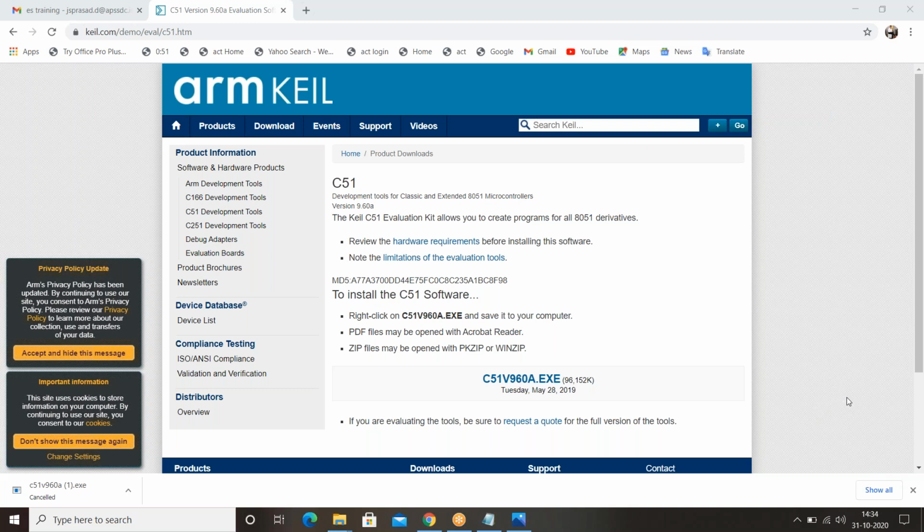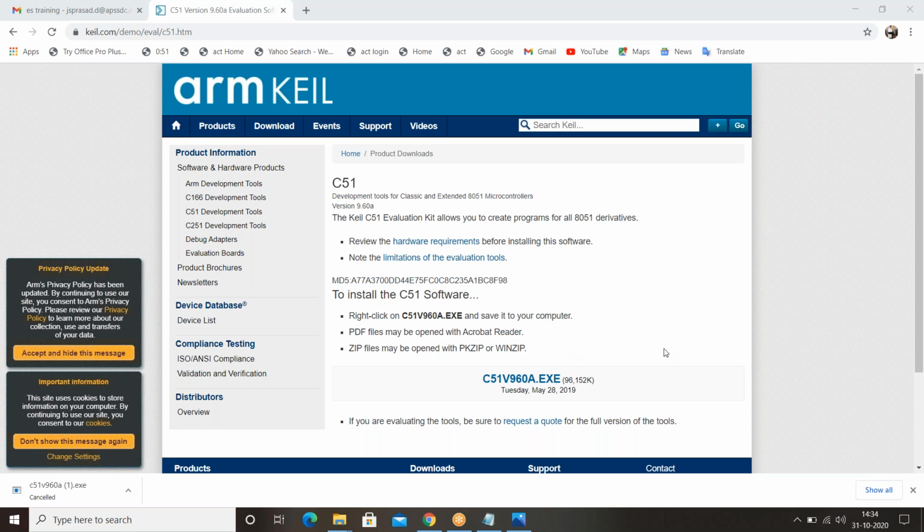So this is Keil MicroVision 5. It's our wish to use Keil MicroVision 4 or 5. No worries about that, there is only a small change. Srijana, which version did you download, 4 or 5? This is 5.